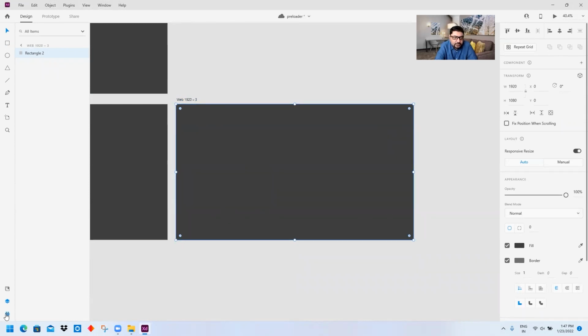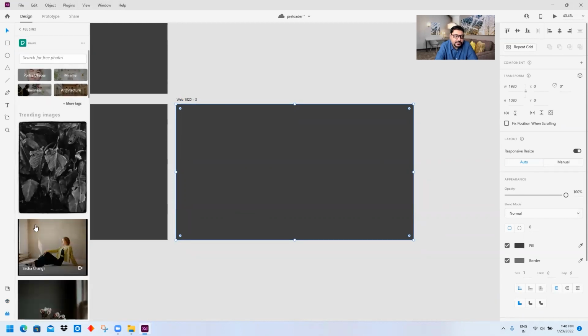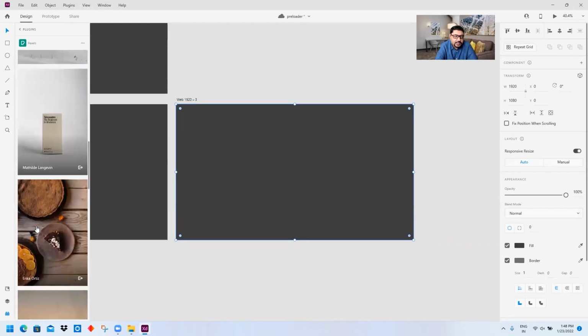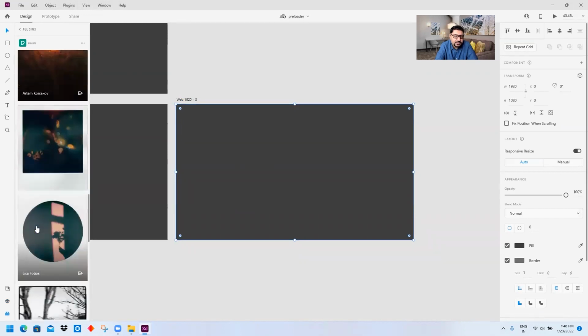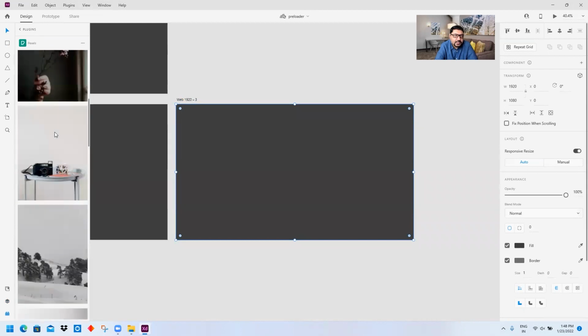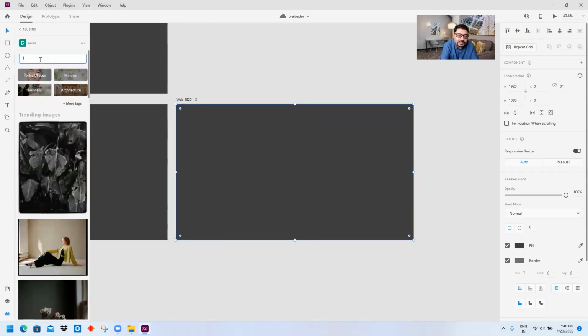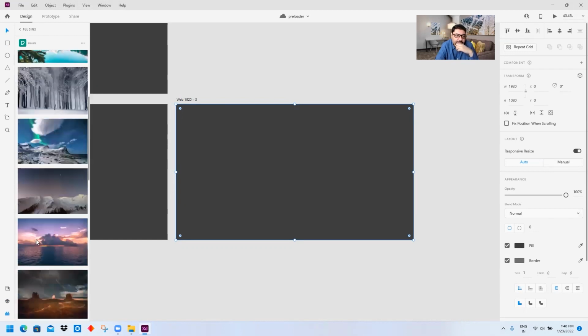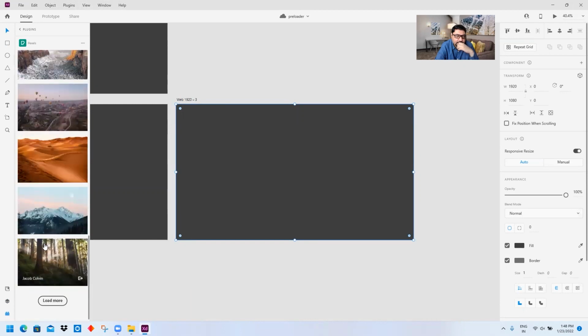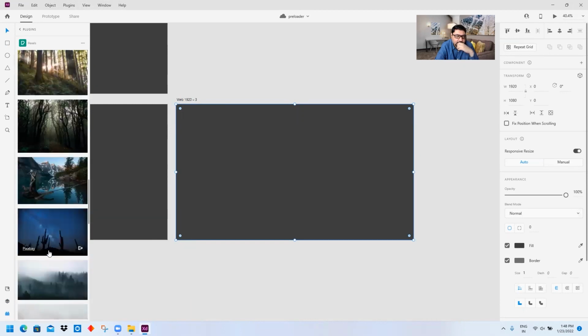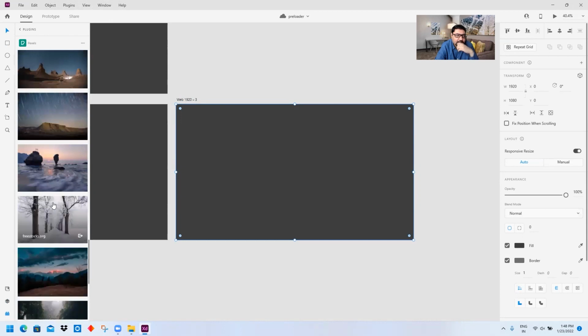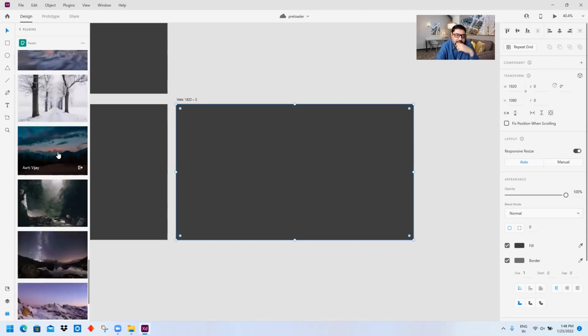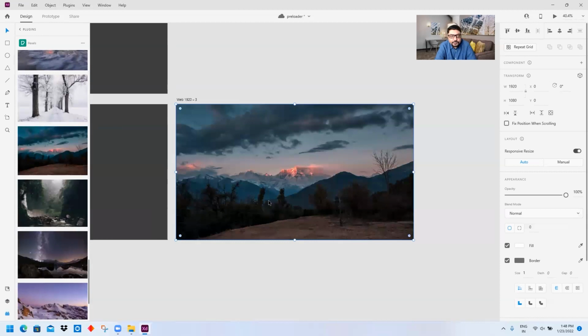So for that, I will go to plugin, and from the pexels.com website, I can pick up any image of my choice. Again, I love landscape, so I will just type landscape over here. And from my favorite landscapes, let us see, I'm still not decided. Let me take up this landscape. Okay, it's a fantastic image by Aarti Vijay.